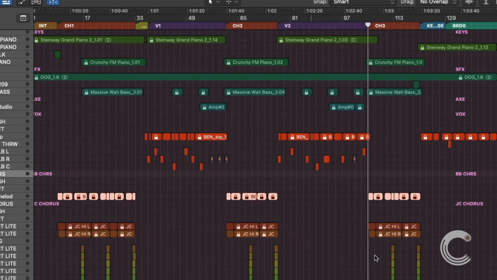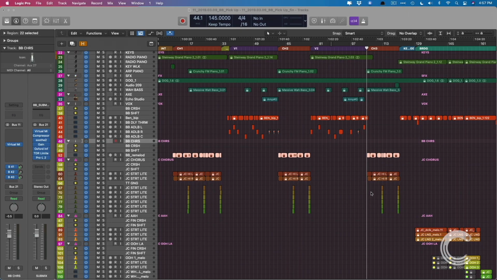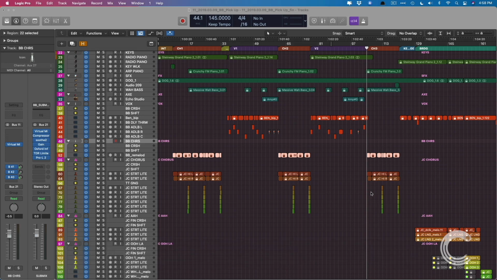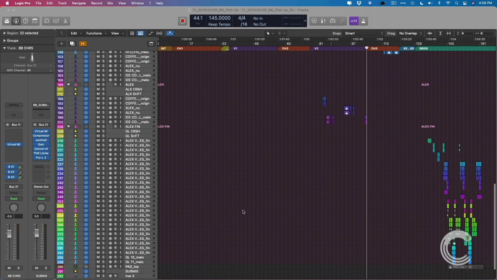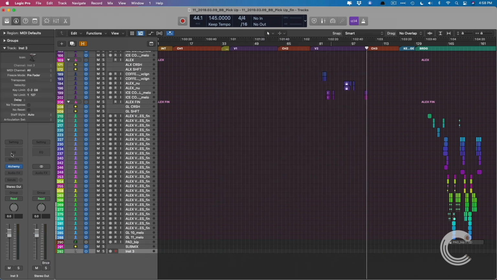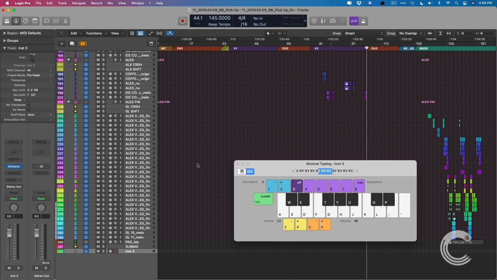Number 5, this could vary depending on your DAW, but in the case of Logic, it's always a good idea to not select software instrument tracks when you're just listening or mixing. And what I mean by that is, if we go to the bottom of my session here, I have a software instrument track with Logic Synth Alchemy. And one of the benefits of the modern DAW is that your DAW most likely is always listening and anticipating you recording into it. For example, Logic has a capture recording function where if I decide to play something into